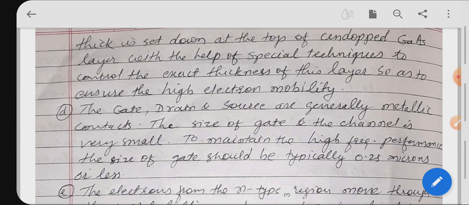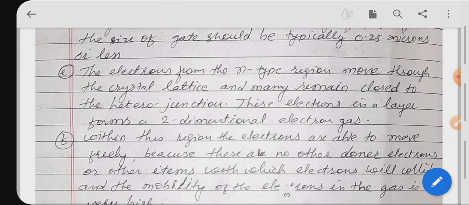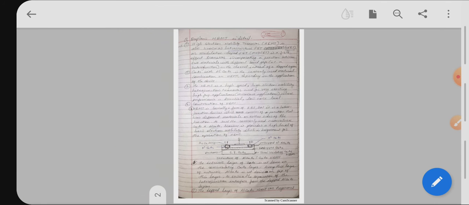Okay, the gate, drain, and source are generally metallic contacts. The size of the gate and channel is very small. To maintain the high frequency performance, the size of the gate should be typically 0.25 microns, or it should be less than that. As it can be seen here,